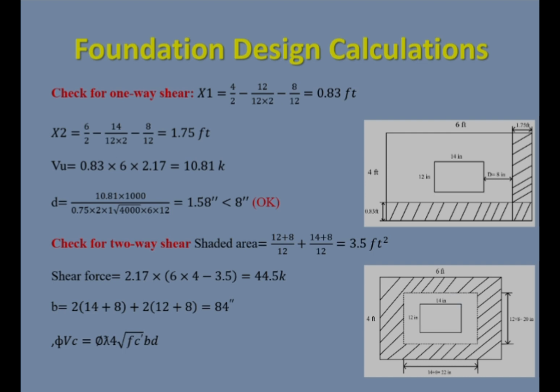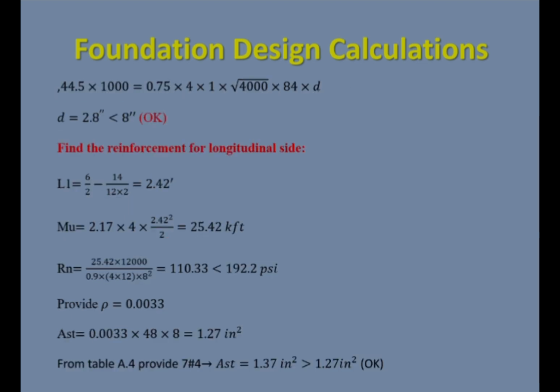So now we are going to put B naught, which is the perimeter surrounding the column, in the shear equation. After putting it in the shear equation, we are getting D of 2.8 inches, which is less than 8, so this is good. Now we need to find the reinforcement